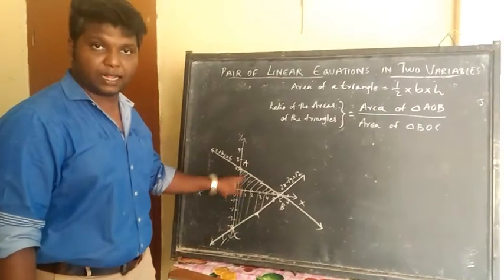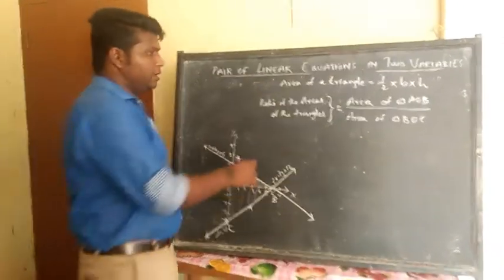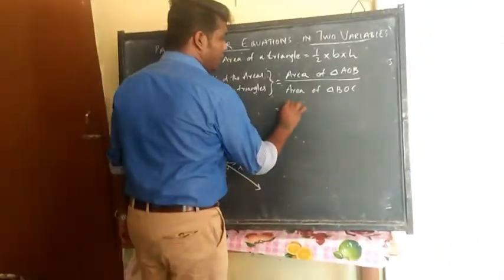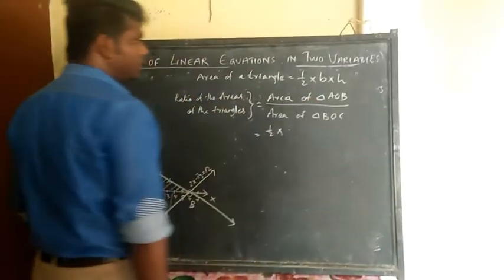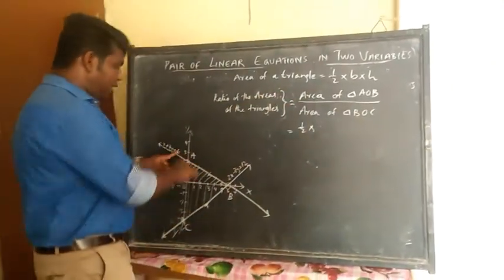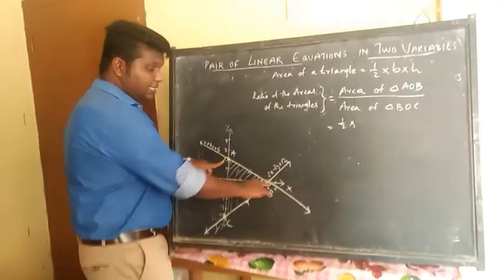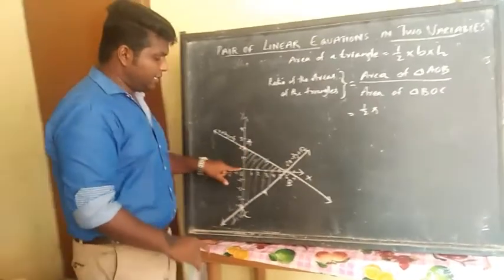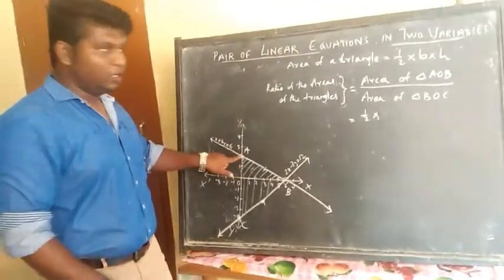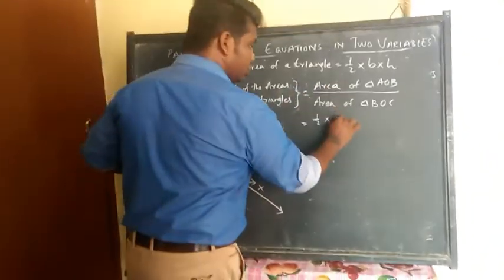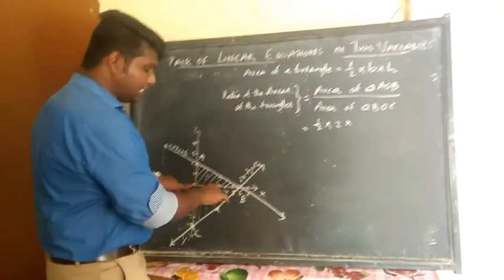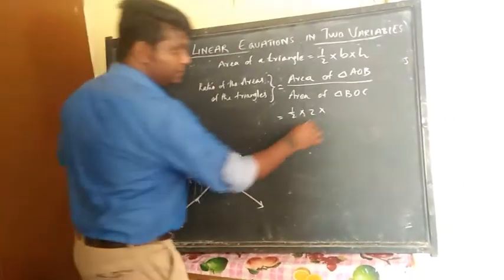Because I gave here A, B and C. These two triangles, we have to find the ratio between them. That is equal to half into, what about the area of that one? Half into base into height, AOB. Half into, this will be the base, this will be the height. From here to here, how many units? 2 units. So the base is 2 into, what about the height? The height is 6